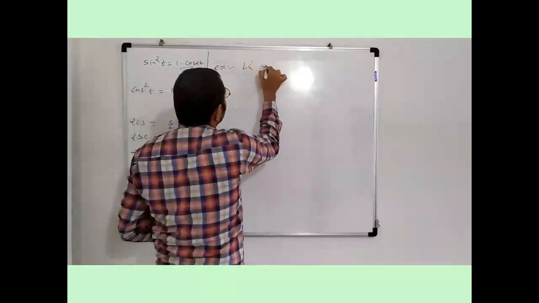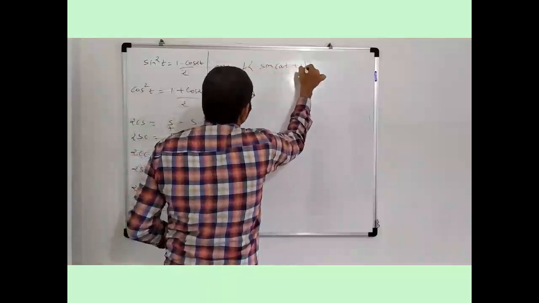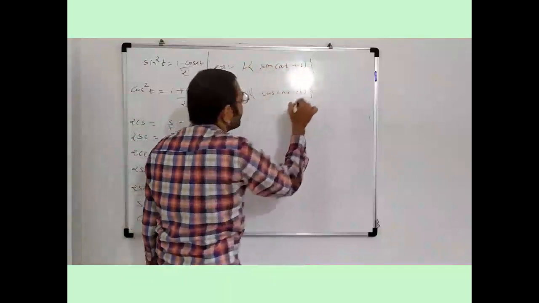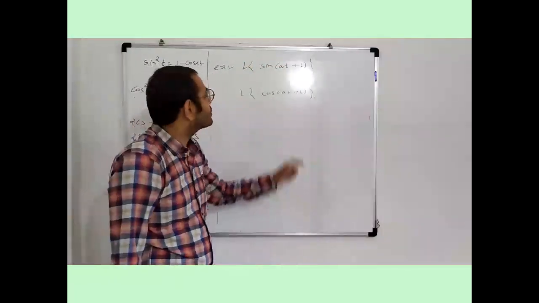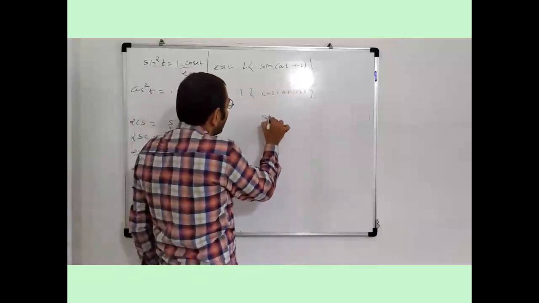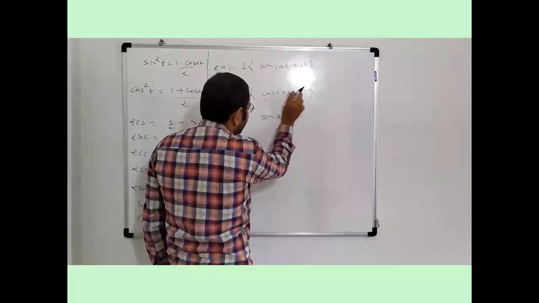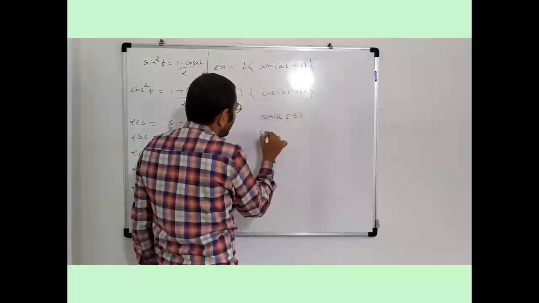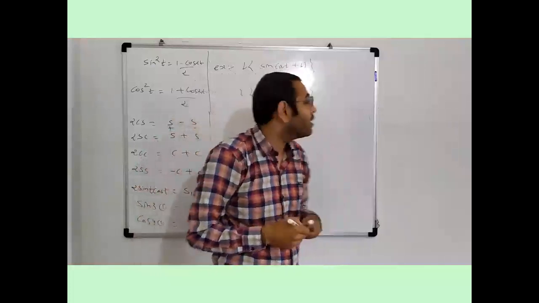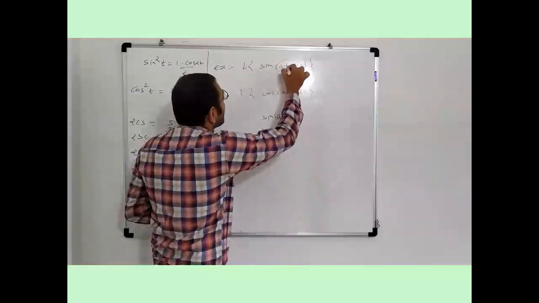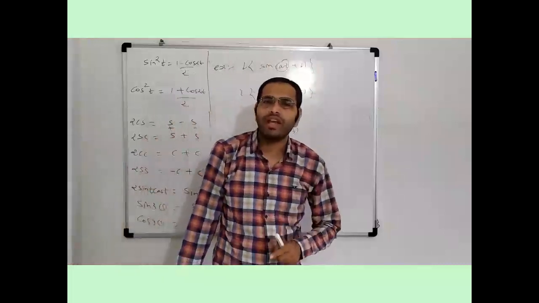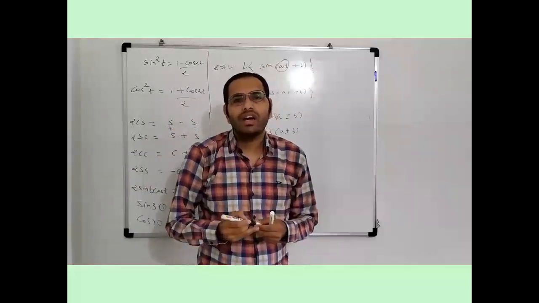Maybe some examples are sin of at plus b, cos of at plus b. In this example, we use sin a cos b, cos a sin b, that is, the formulas for sin a plus or minus b and cos a plus or minus b. Then we apply the Laplace transform, because only the first term has t, and the second term, cos b and sin b, is constant, and we get the answer.